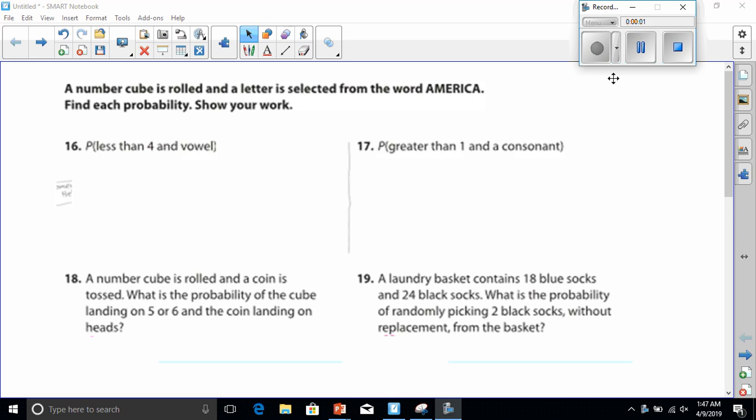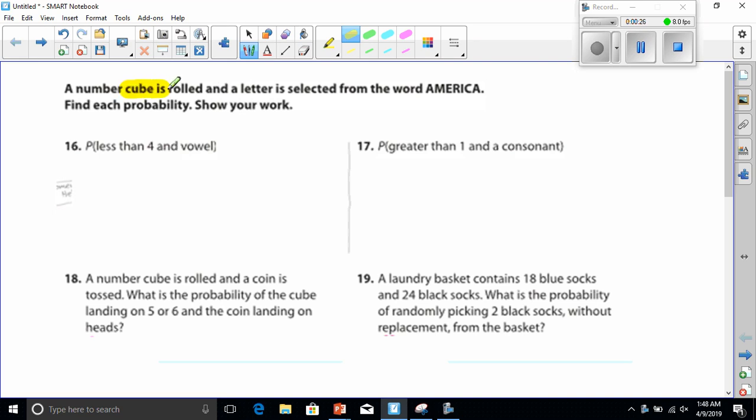All right, guys, tonight we're going to be doing dependent and independent variables. We'll start with number 17. It says a number cube is rolled and a letter is selected from the word America. We have to keep these things in mind when working these problems. I'm going to go ahead and put the highlighter on and highlight